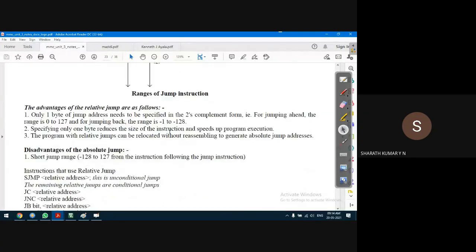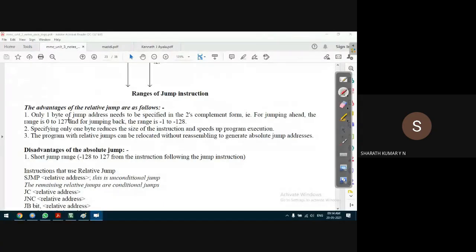So that's about the advantage, in the sense of shorter ranges. Shorter means it is faster. Jump is faster, because with only a shorter range, the address which specifies the target location is formed using only 1 byte. So the size of the instruction is very small.